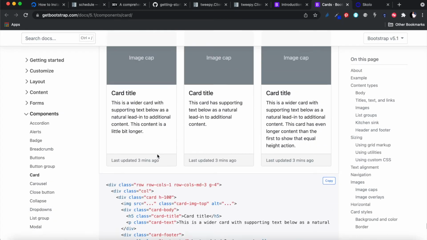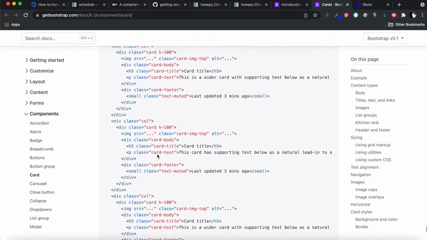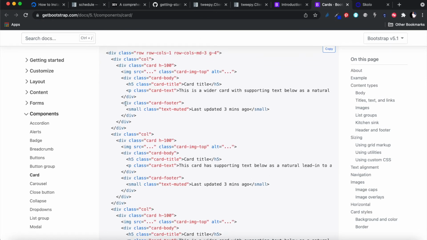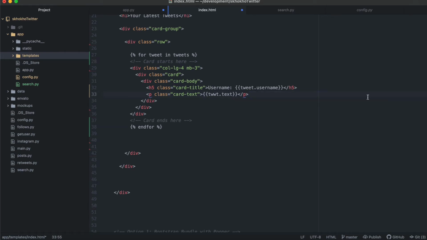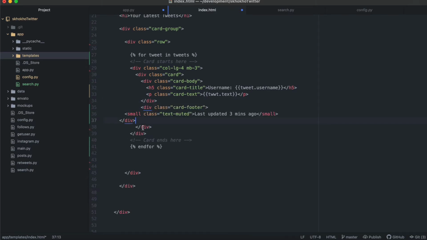All right, so this last update, it's a card footer. After the card body, you can have a card footer. So let's try that and remove this last paragraph. And after the card body, you could have a card footer in here, and inside of the card footer, I will then maybe add a button, a button that says,